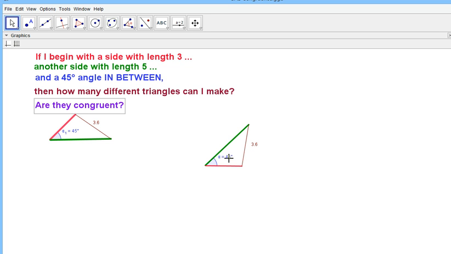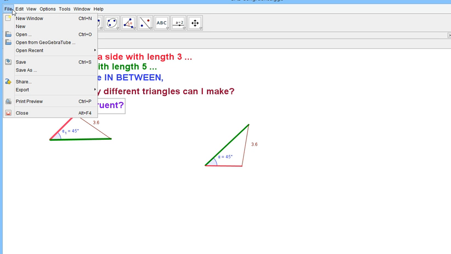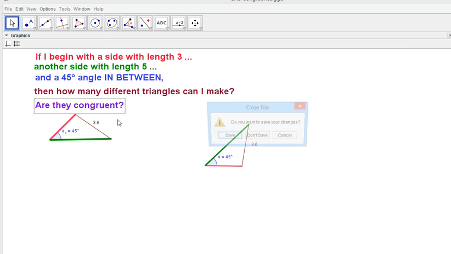Now that's the trick. You have to have that angle in between. Okay? And I don't think you can do that, but maybe you can, but I don't think so, because there are people throughout history who have tried to do that. So we're going to try a new one here,